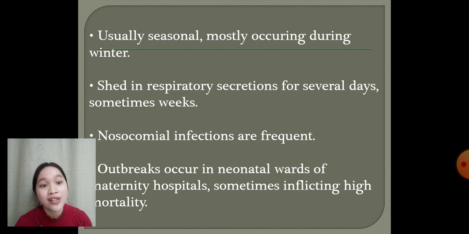Nosocomial infections are present. When we speak of nosocomial infections, these are hospital-acquired infections. Outbreaks occur in neonatal wards of maternity hospitals, sometimes inflicting high mortality. Pag hindi siya naagapan, maari itong ikamatay ng